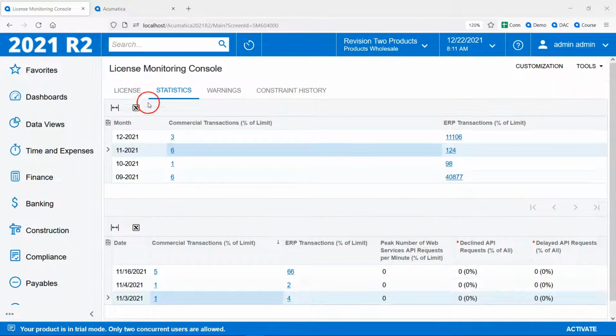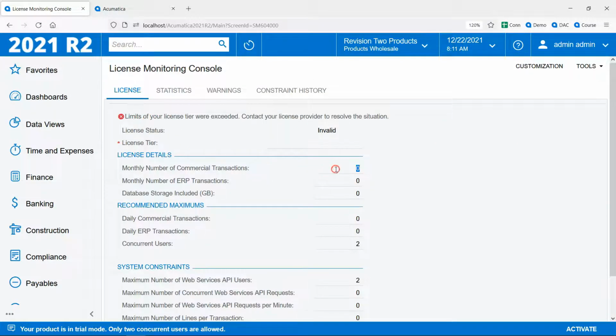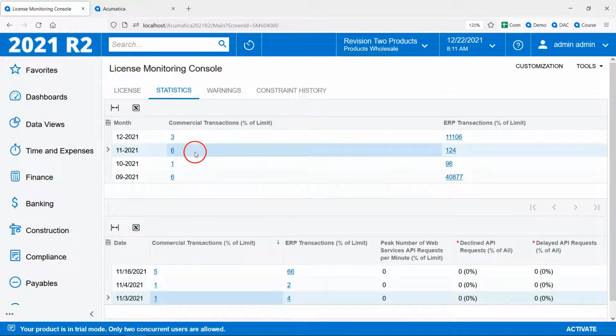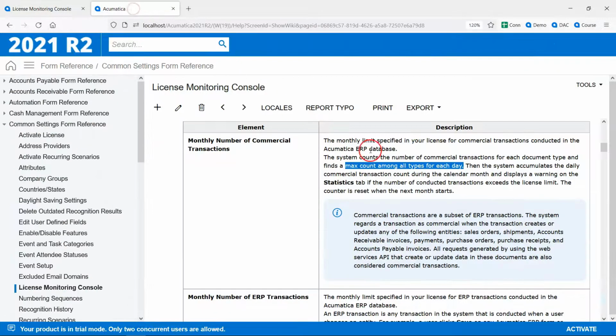And the monthly is really what matters, because back here, this is the thing that has teeth. This is what your contract is saying. You're limited to a monthly number of commercial and ERP transactions. Now, your commercial number is going to be significantly lower than your ERP transaction number. And what's interesting about taking the maximum of the categories is that you might have one month,